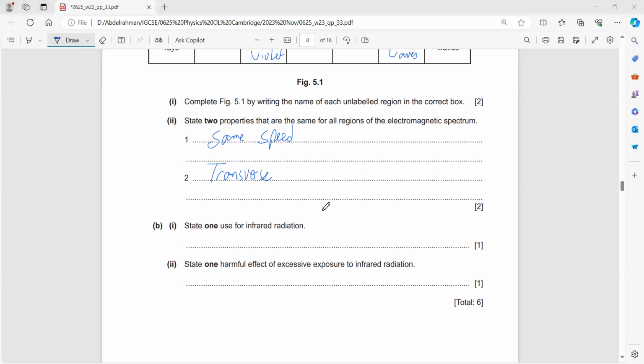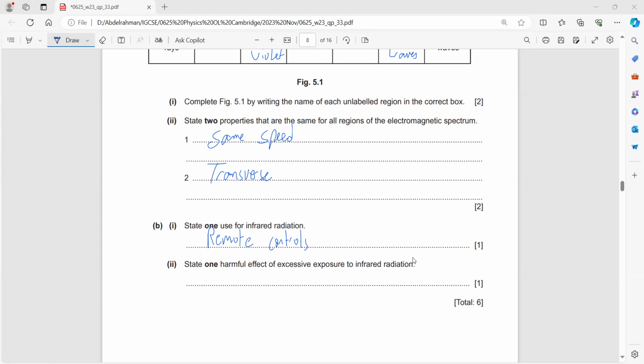Tell me one use for the infrared radiation. Remote control. Right, remote controls. One harmful effect for excessive use. Tell me. Damage cells, or